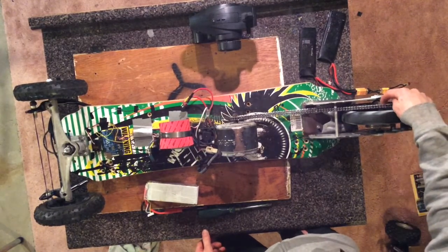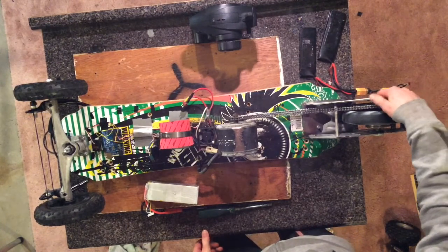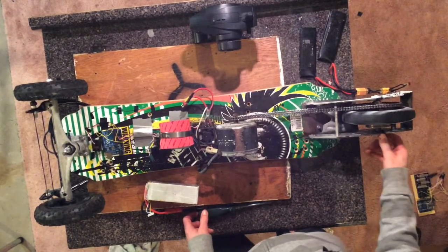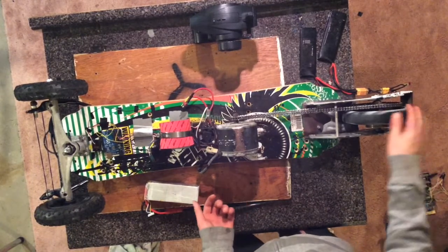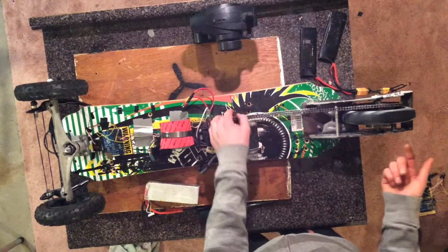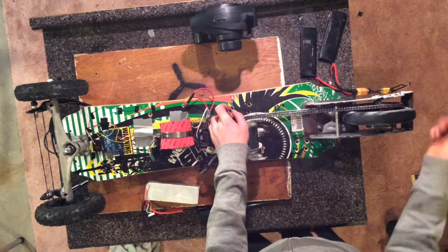Also, this was originally a one-way bearing, and what I ended up doing is welding the bearing together so it's just fixed to the shaft, because for this I don't want a one-way bearing. And originally on the scooter it had a one-way bearing because when you kick you want it to rotate the wheel, but when you're not kicking you want it just to be able to coast along without moving the whole